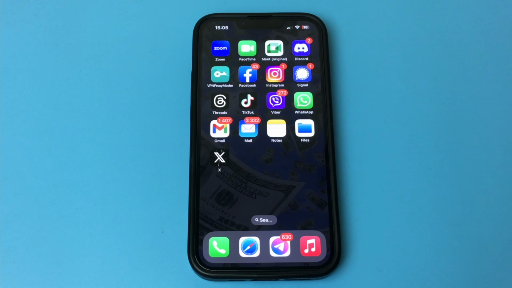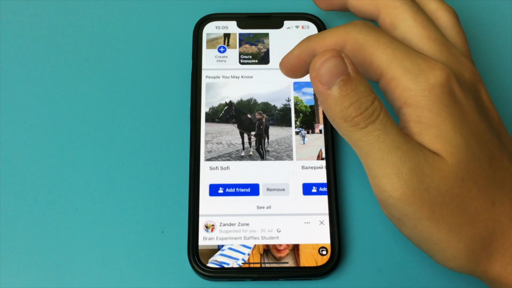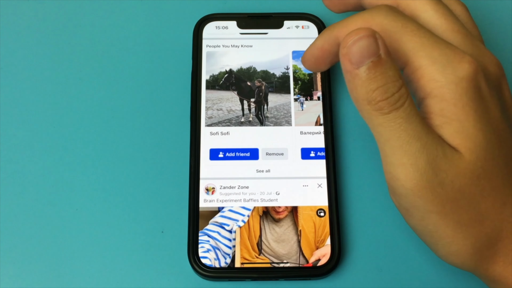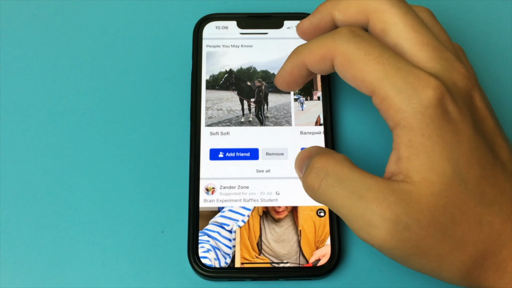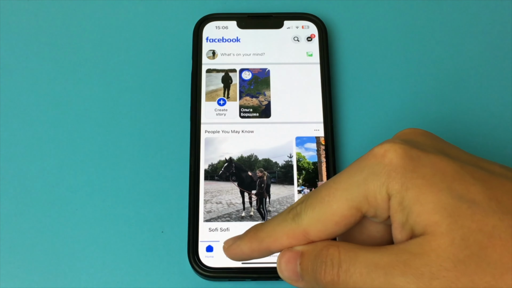Thank you. In this video, I want to show and tell you how to view the list of all friend requests in Facebook. We can open the app and see a list of all the people who wanted to add us as friends but stayed in the friend requests. How do you view this?